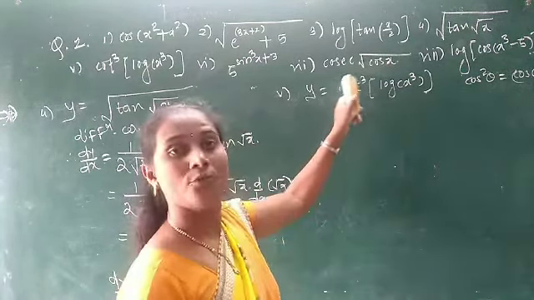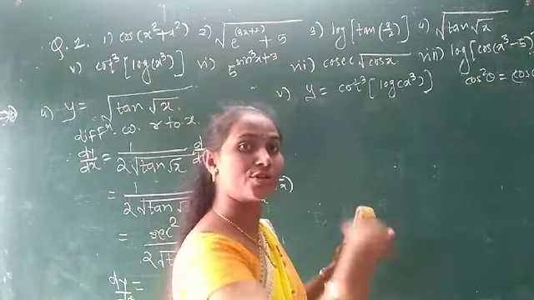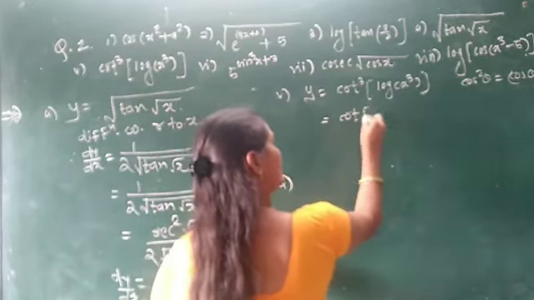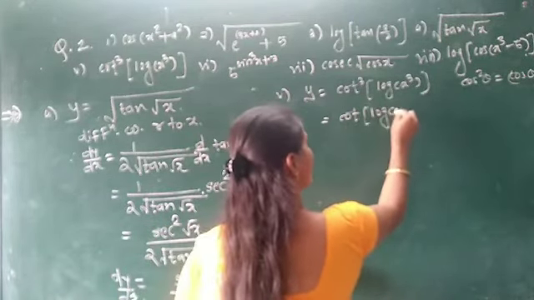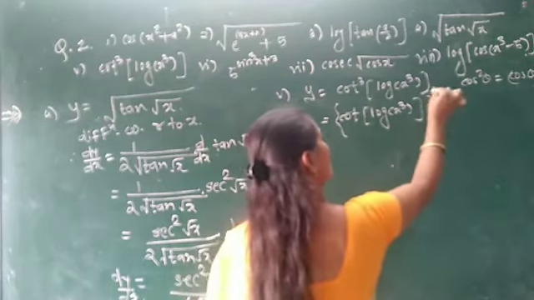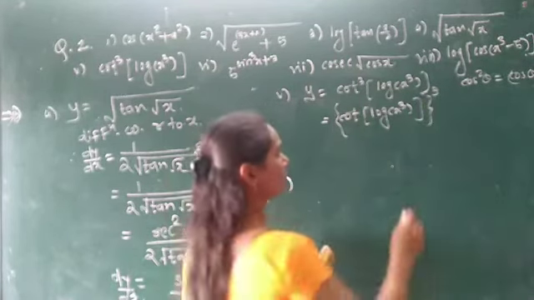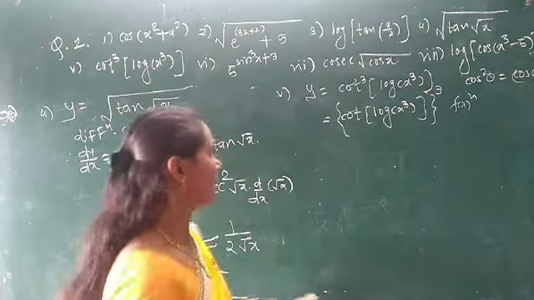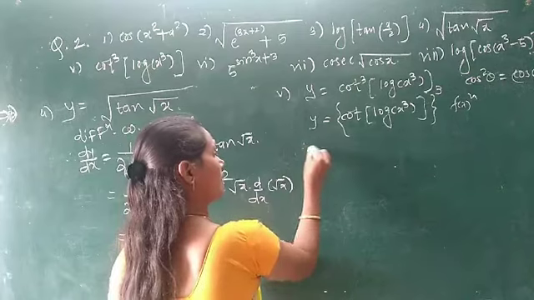So this cot cube theta, we write as cot of function raised to 3. So this we write as log of x cube and the whole bracket raised to 3. Now this is in the form of function raised to power. Therefore